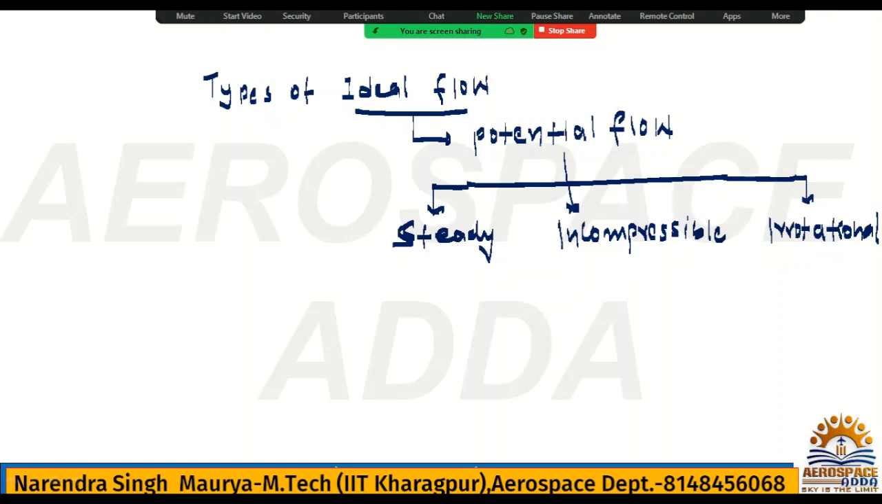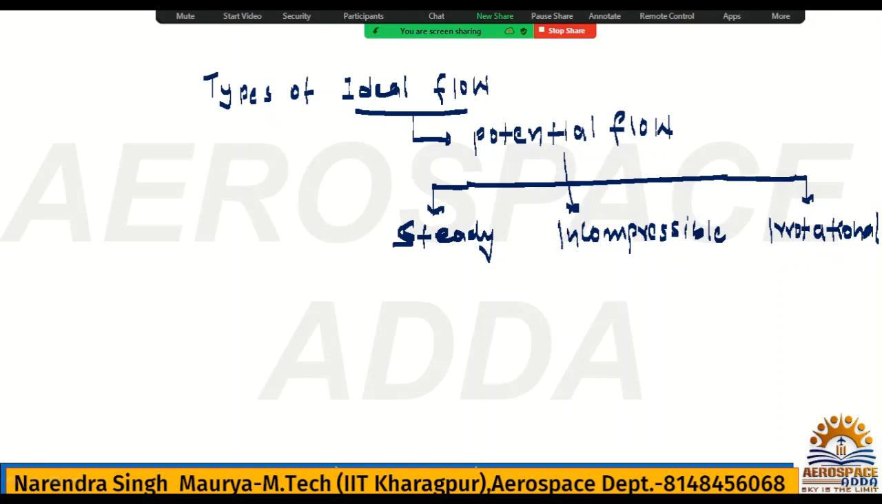Now, till now, we all know what is the steady flow, what is the incompressible flow, what is the irrotational flow. In fact, all the concepts of velocity potential function, streamline, equipotential line, streak line, path line, timeline, all the things we have seen. So now this is the time to go for the next level, which is related to the types of ideal